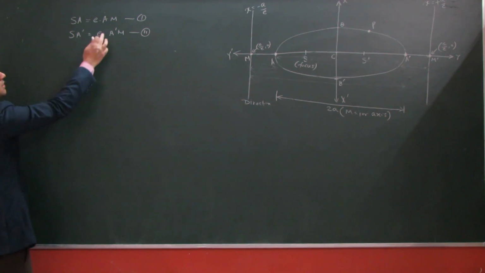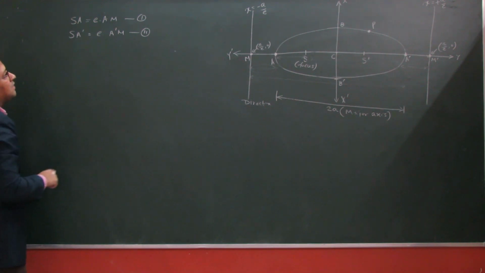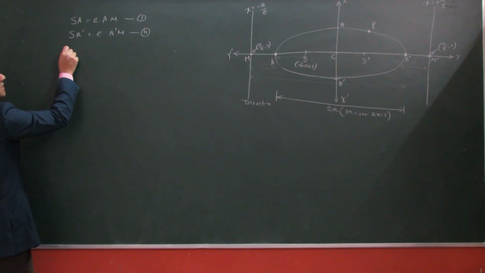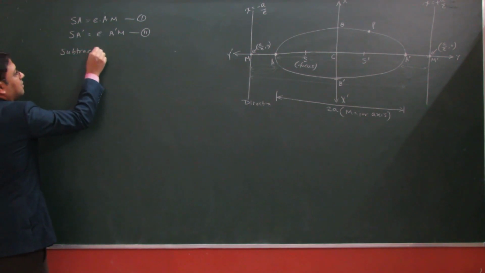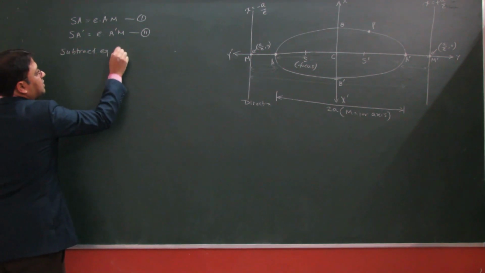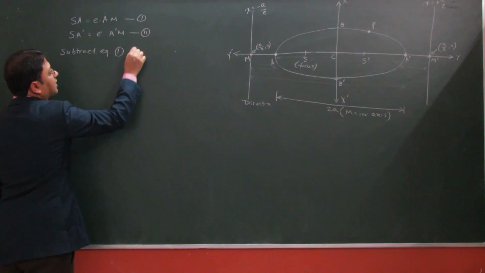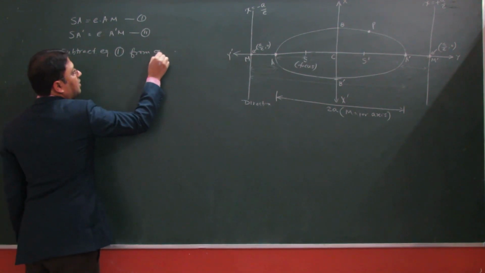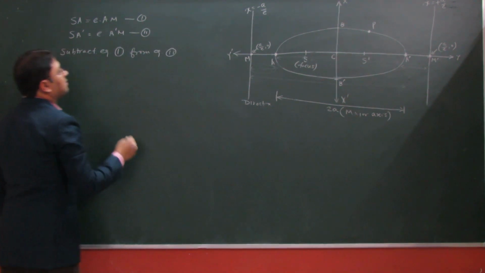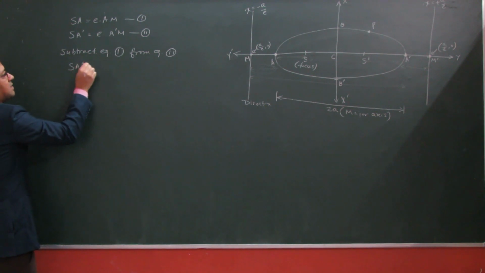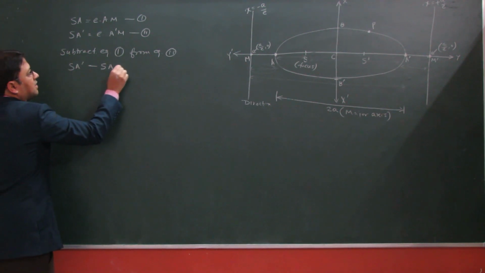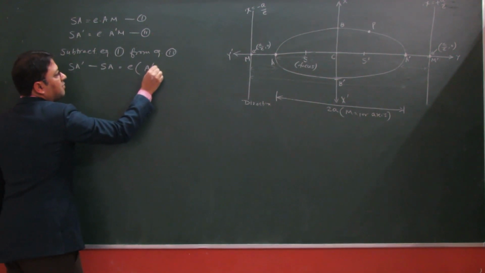So the second step is to subtract equation 1 from equation 2. If we subtract, we can write SA dash minus SA is equal to e times